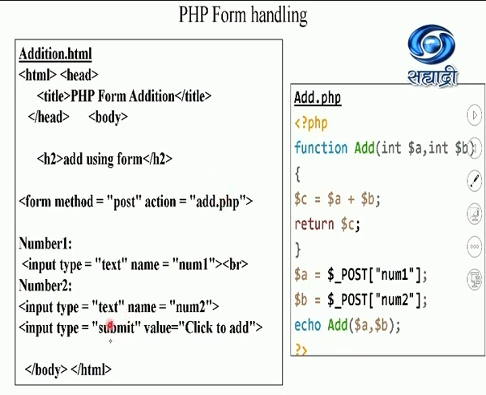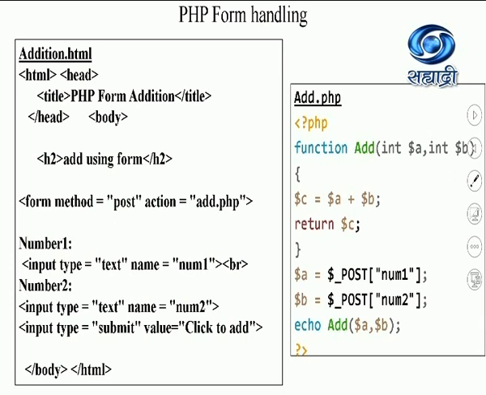When the user clicks on the submit button, automatically it is going to open this file. So whatever the user has typed in these two text boxes, the value will be passed to this. How will the value be passed? By using the variable which you have specified in the name. So I have given the names num1 and num2. When the user clicks on submit, the values typed by the user will be given to A and B respectively. So the num1 value will be assigned to A and the num2 value will be assigned to B when it calls the function.